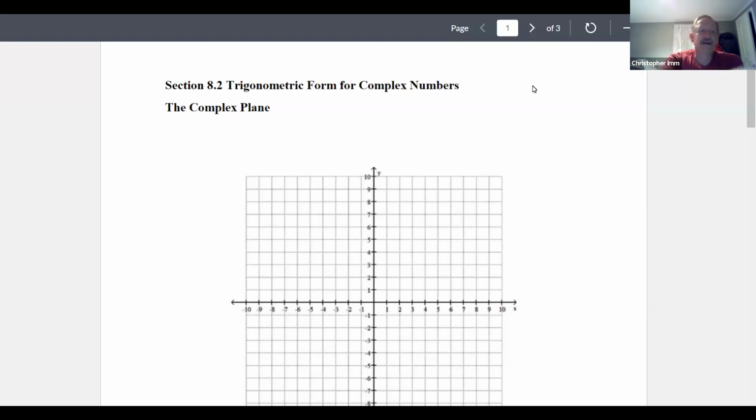Let's say we have a number that looks maybe like this. We'll start with something like z is equal to -2 minus 3i. So we want to plot this number, but we can't with our real number system. The complex plane allows us to do this because we have these two axes being our real and imaginary axis. We have our x-axis being the real part of z,